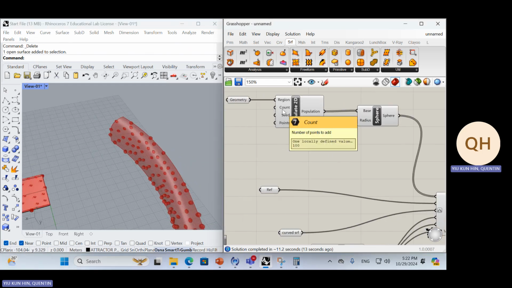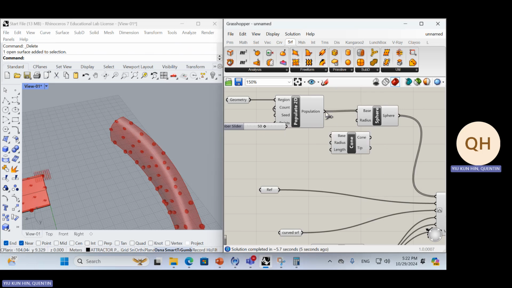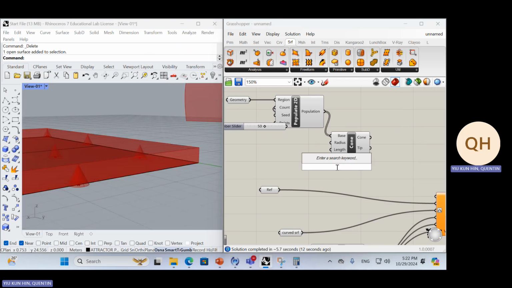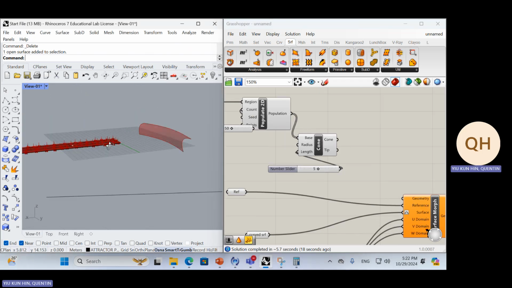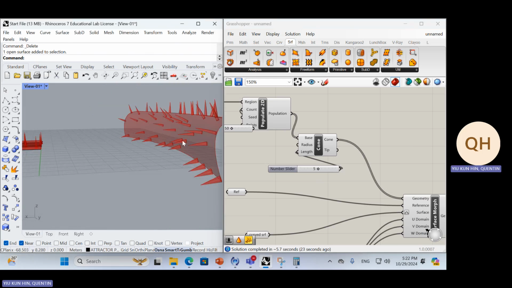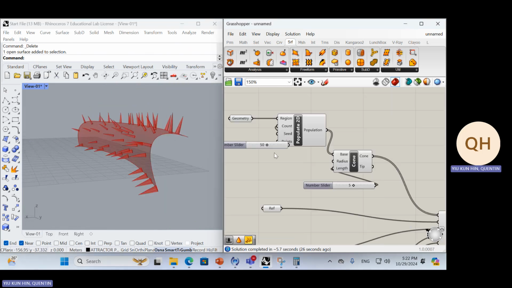Let me decrease the count. It's populating 100. Let me just decrease it to 50 so that it might be less slow. And then, in fact, we can have other primitive shapes such as cones here, and then maybe I can increase the length of it to be really spiky. So 5, let's say. So 5, really spiky cones, and then I can put it on, right? So now it's a really spiky